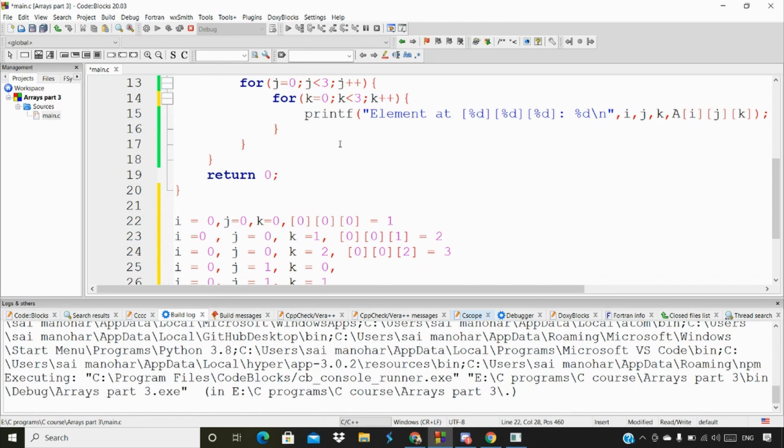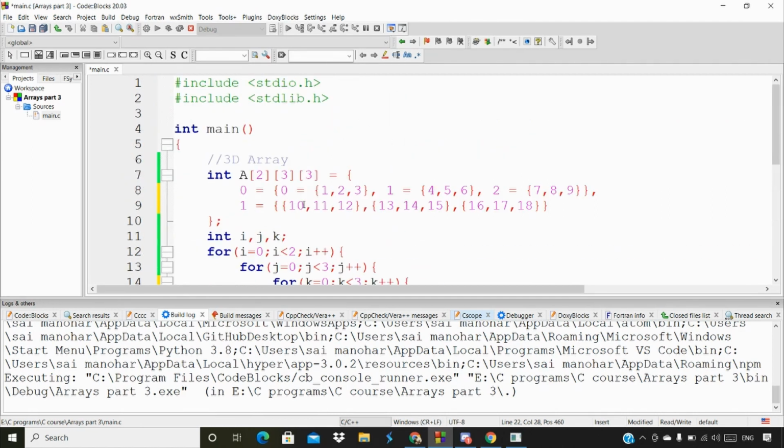So try to do it in that way so that you will get more clarity about how it actually works. That's my request from my side. Now I'm going to delete all these things. This is not actually part of the code. I just wrote it here for clarity purposes. So I'm going to delete it right now. Yeah, I have deleted it.